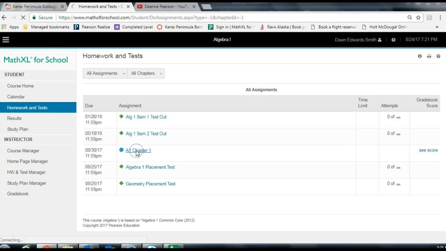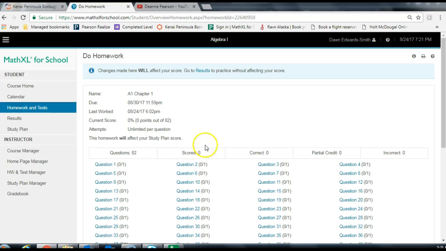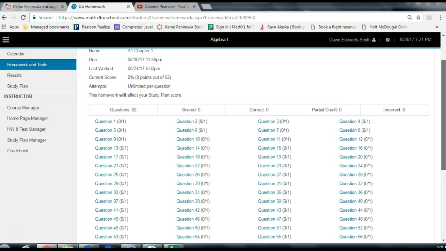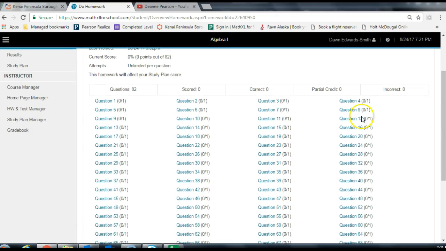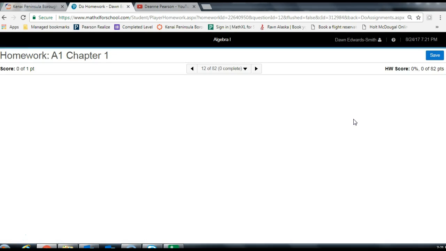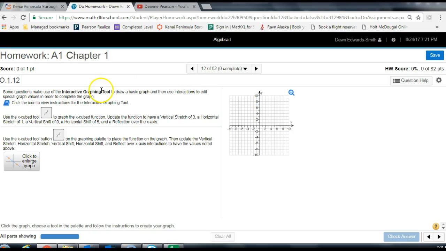So you want to click on the homework, and it will pull up your homework page. If you remember, we did the first 12 problems in the orientation. And if you look to our left here, we had 0 point, or O actually for orientation, sorry, I forgot that was an O,